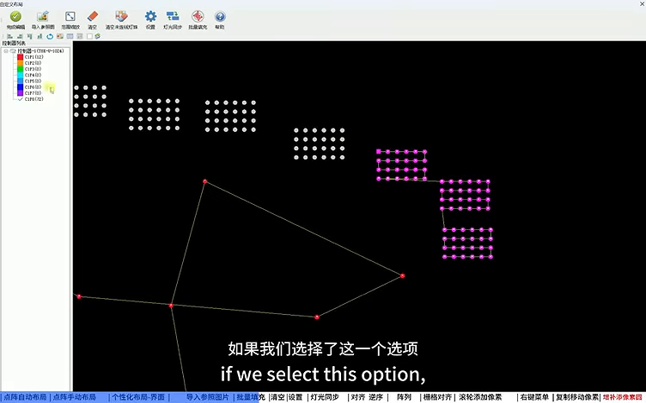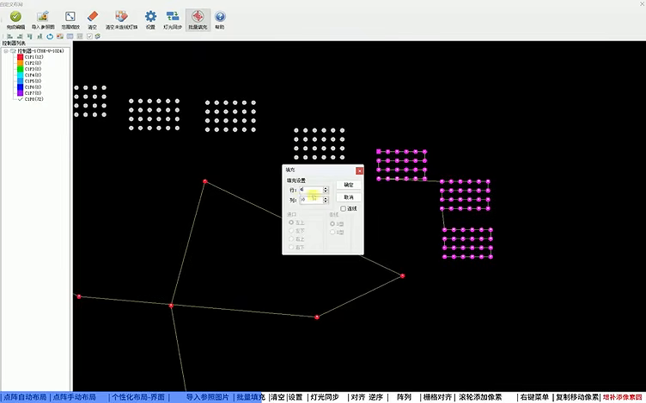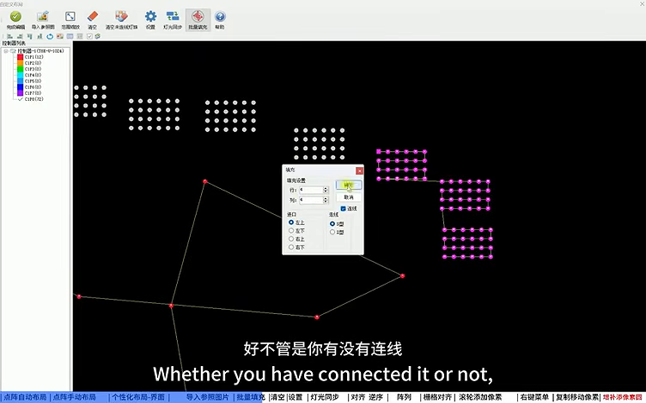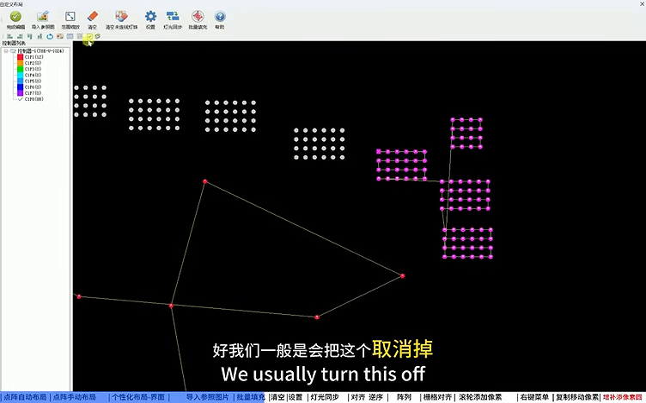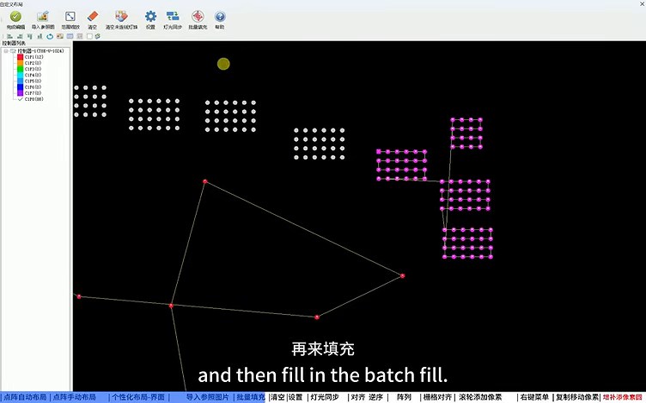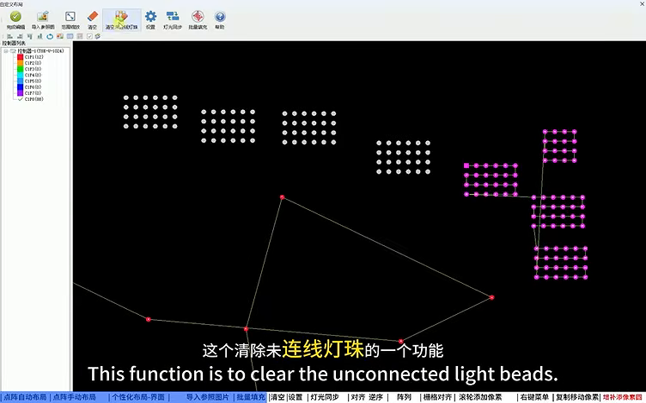Here's what to note. If we select this option and turn it on, when we add it again, it can only be added once. Whether you have connected it or not, after adding it once, it will automatically exit. We usually turn this off and then fill in the batch fill. After we finish introducing, let's take a look at